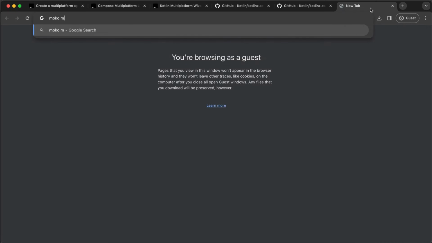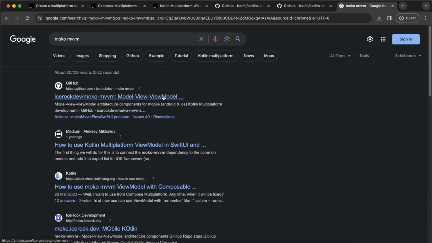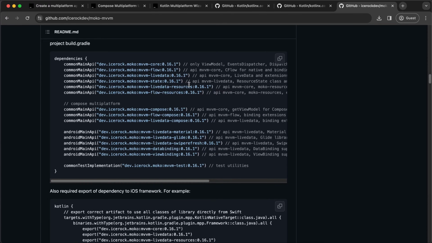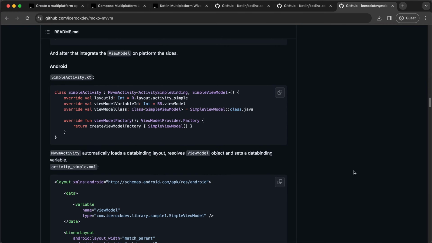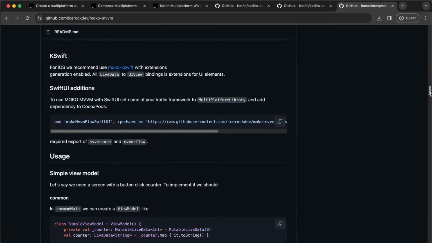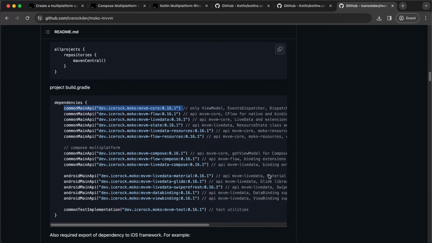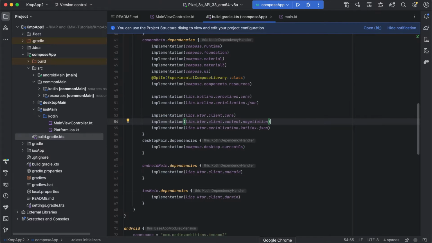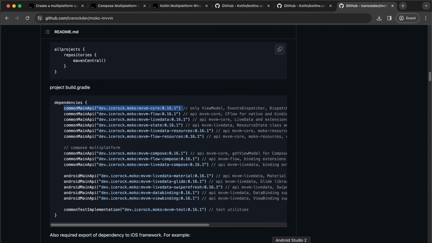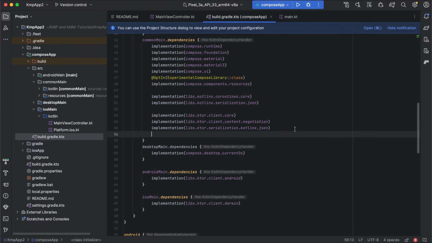So Moko MVVM, let's add that. We need to add MVVM core. They have their own Gradle plugins, but we need to use this implementation. They have something here like common main API, their own Gradle plugin implementations there. They have created their custom methods, but we need to use this one, right? So let's add this one,